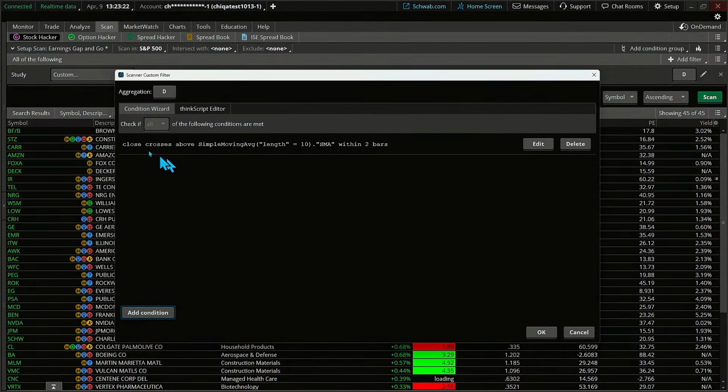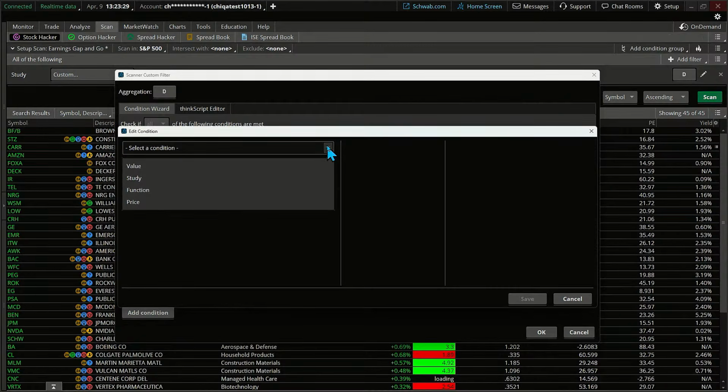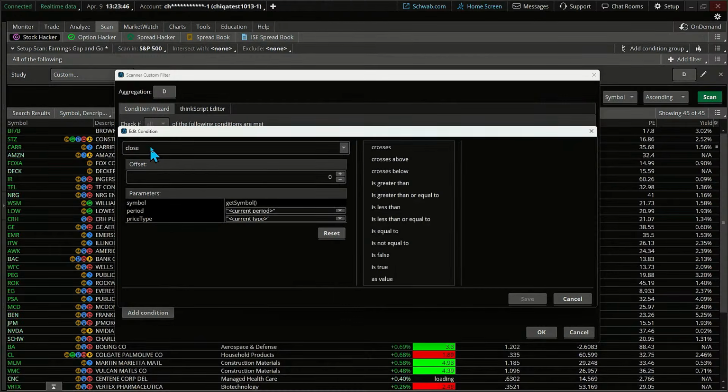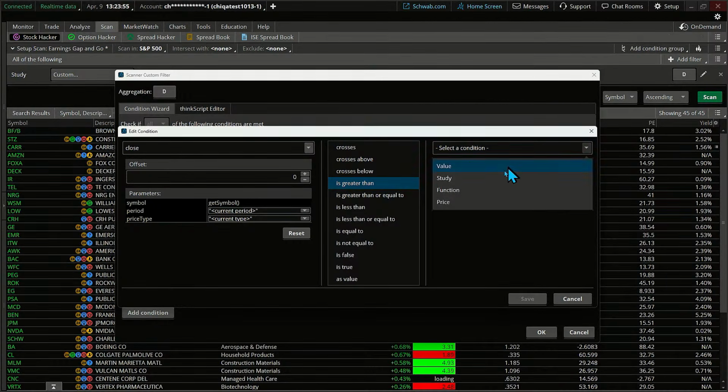You see that right off the bottom? Here's my first condition. Easiest way in the world, just click add condition again and add to that filter. Just like you'd have other filters that you might use on Schwab.com, it's a great resource. A lot of great fundamentals on Schwab.com too. But over here, building the ThinkScript, we're just adding another filter as well. In fact, we're just going to say price, closing price, greater than the 200-day. Totally different from crosses above, because we're way above it, months ago possibly.